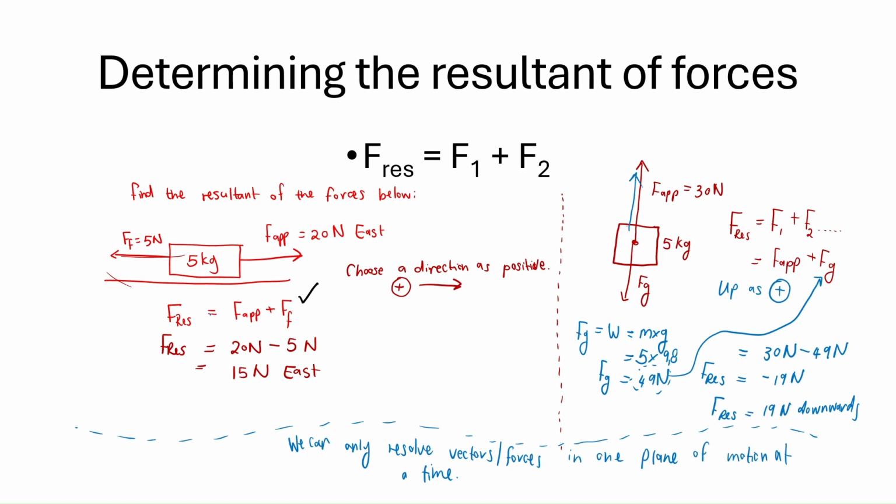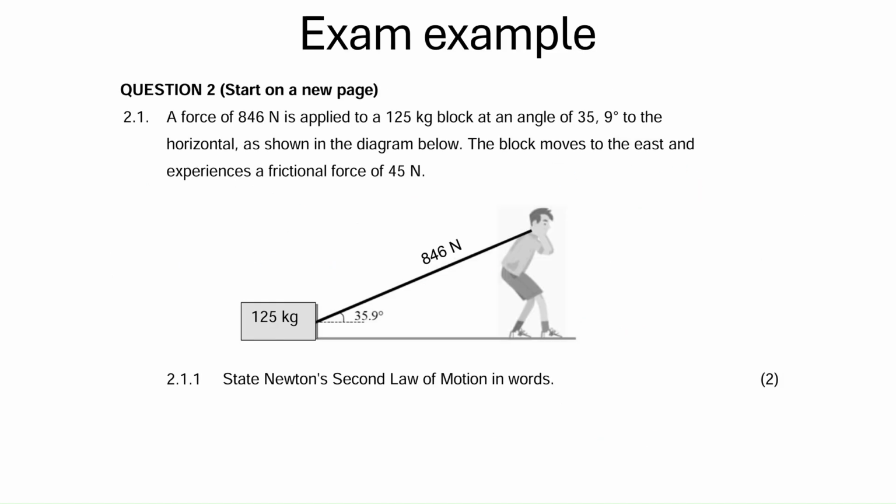So what does that mean? If I'm busy with horizontal vectors, I add or subtract vectors within that horizontal field. If I am busy with vertical vectors, I add or subtract vectors within the vertical field only. I cannot add other vectors to a vertical vector. I cannot add a horizontal vector to a vertical vector, and I cannot add a vertical vector to a horizontal vector. Let's move down. So here